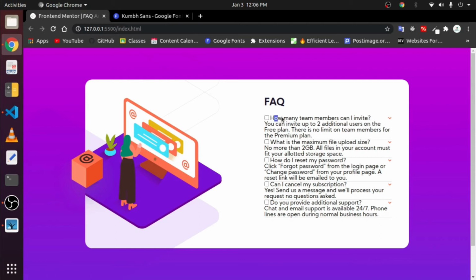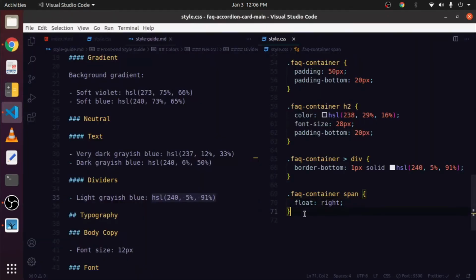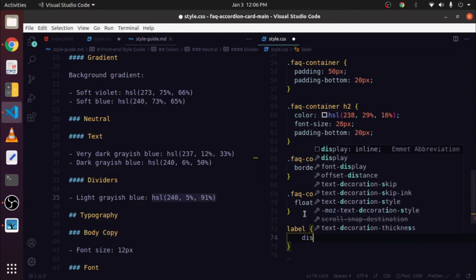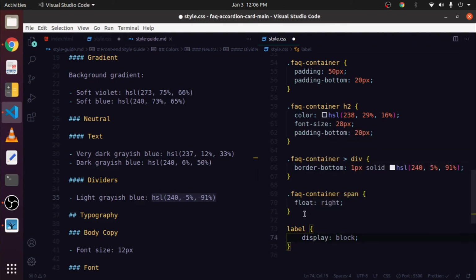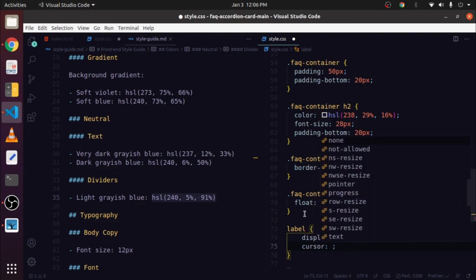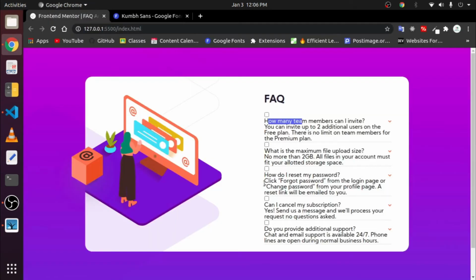Now select this label. First select the label tag and give it a display of block so we can add padding to it. Now give it a cursor of pointer like this. Now if you hover over it, its cursor changes to pointer.